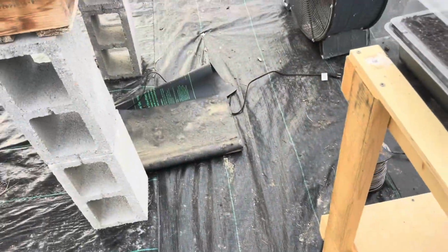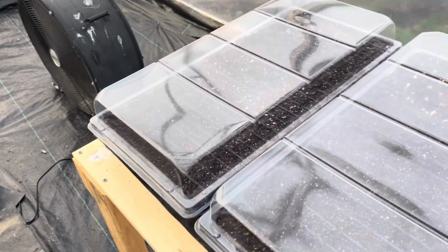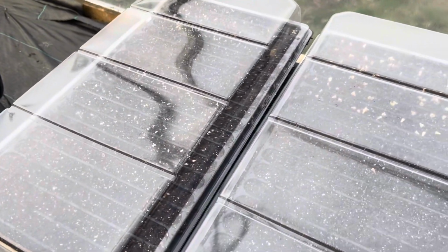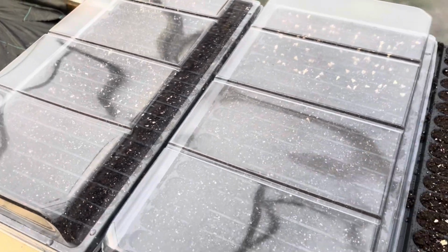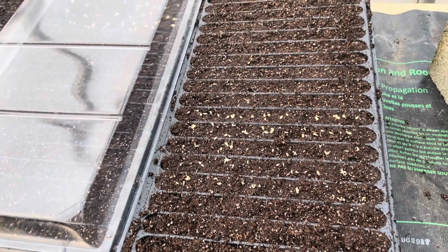I do have one more heat mat that I've got to flatten out, and I'll probably start my tomatoes and peppers. Peppers I'll start soon. You have to start those way ahead. You count back from the first frost of when you should be starting stuff. So peppers will probably, I'll start that